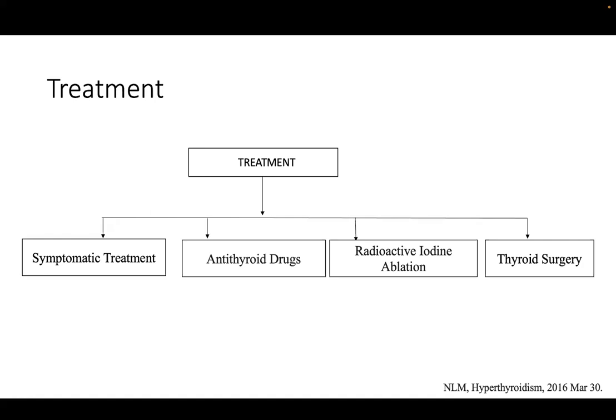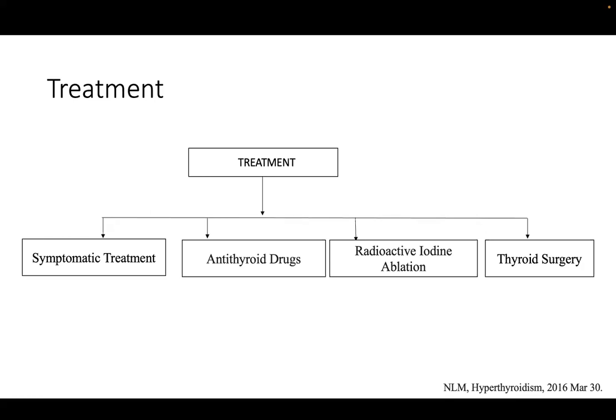After this symptomatic management, we'll go ahead with the definitive therapy, which will include administering antithyroid drugs, radioactive iodine ablation, and thyroid surgery. Antithyroid drugs are usually effective in giving a patient euthyroid status, and we consider medications belonging to the thionamide group, which includes methimazole,